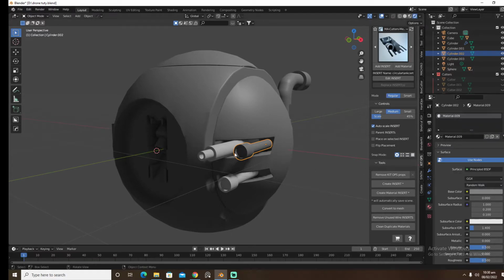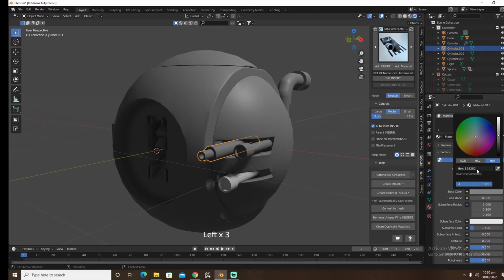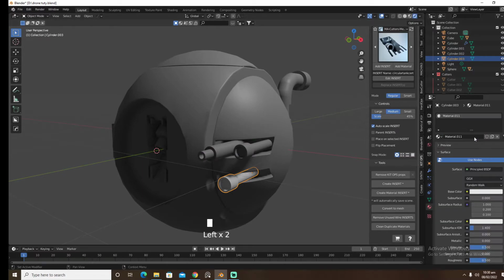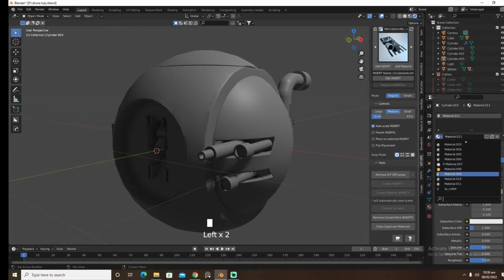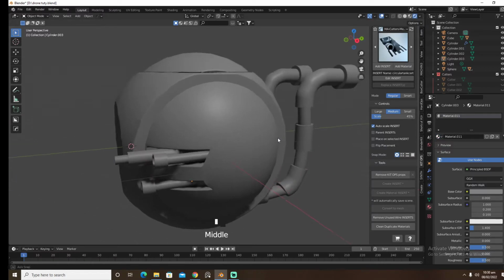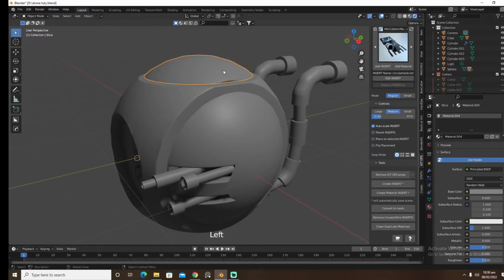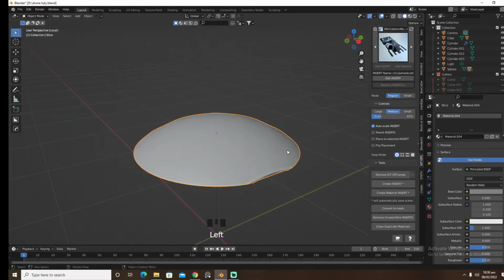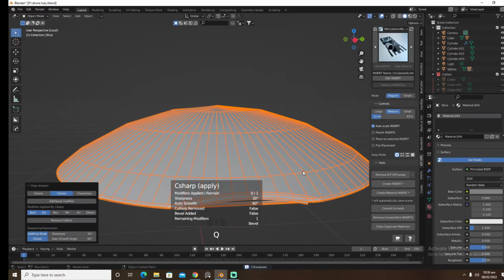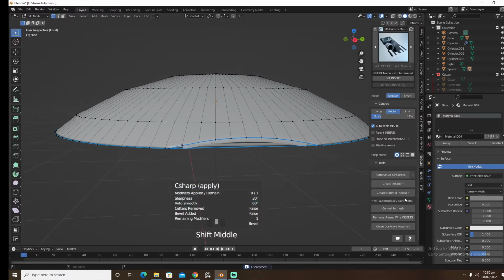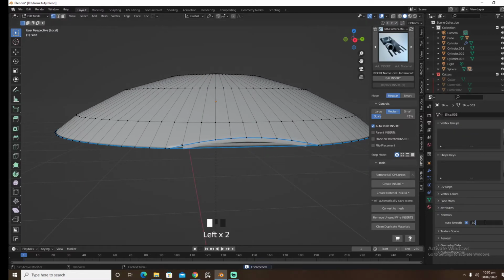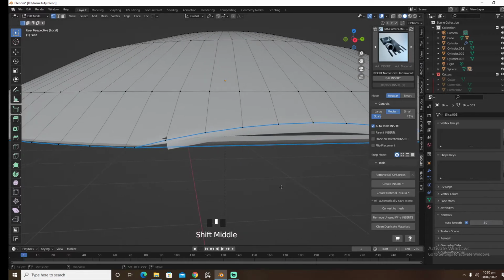I'm applying all of these materials separately so that if I want to change something, I can change it manually. If I apply the material from here, then the whole thing will change. Okay, now it's time. Let's sharpen this. What if we keep it to 30 and